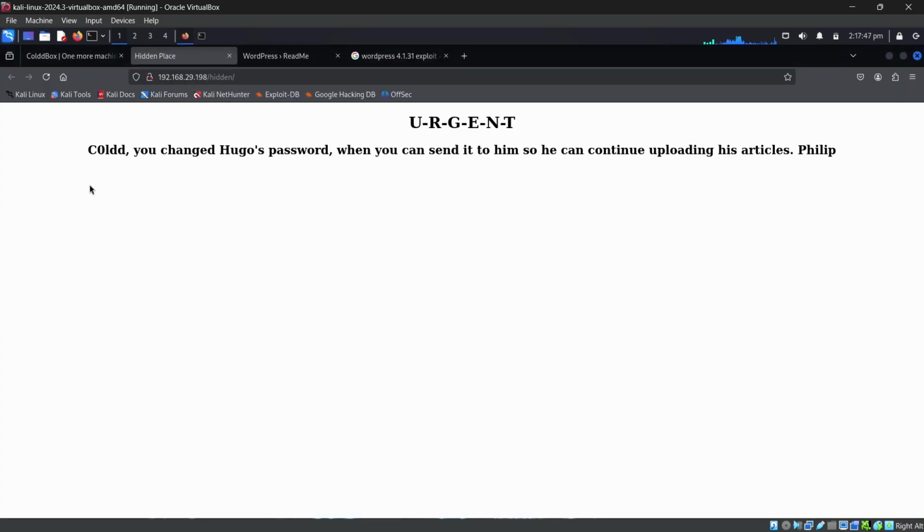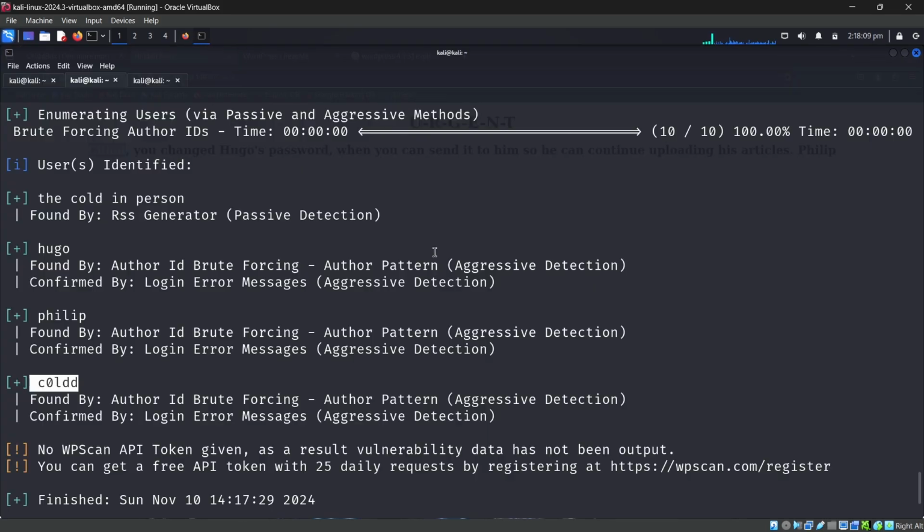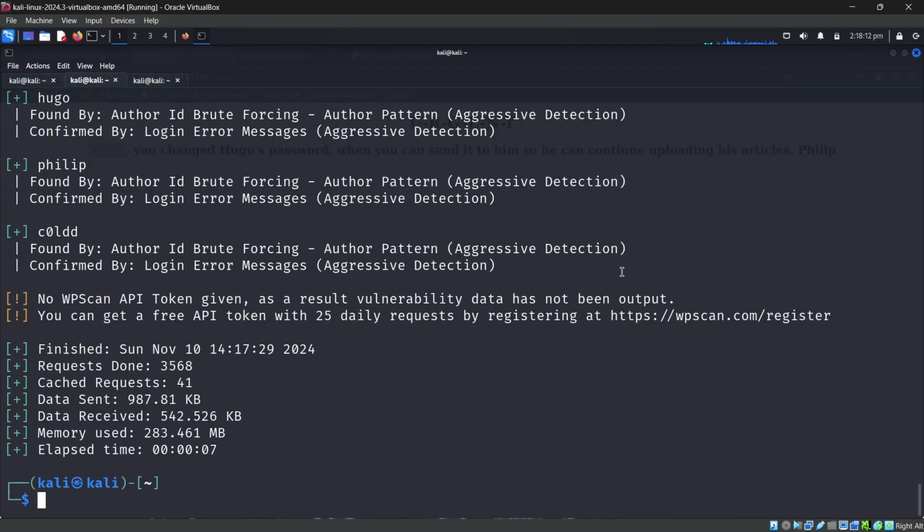So from this sentence, we understand that Cold is the one who has the ability to change the password, and Philip is telling Cold to send the password to Hugo. So Cold may be the admin or the user with administrative privilege or something. So let's use the same command to find the password of Cold. For that, I'm using -P and specifying the wordlist